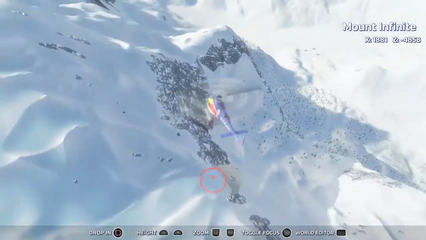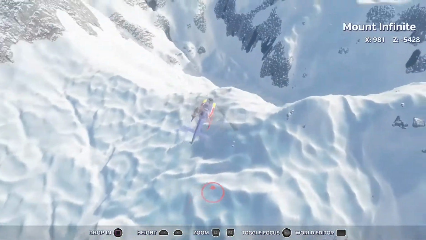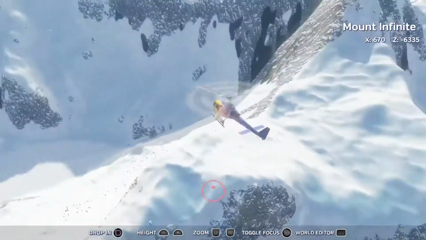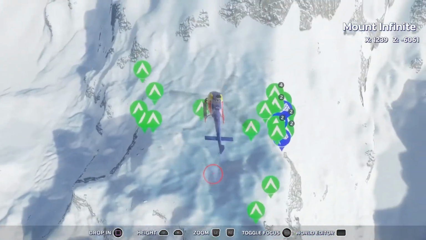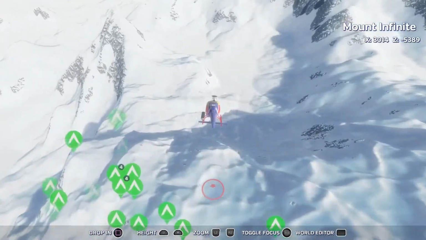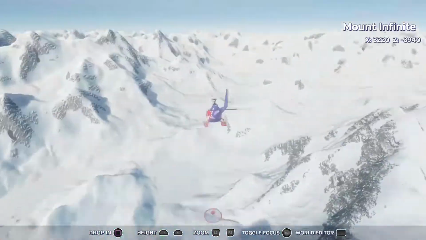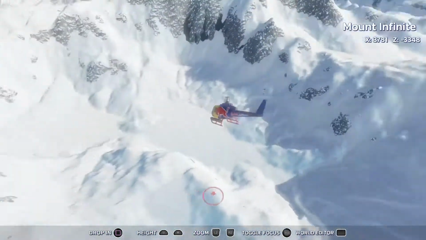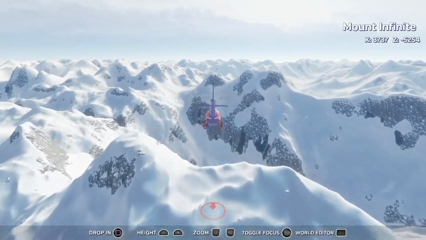So here we are in the helicopter, and this is one of the main opening mountains, Mount Infinite. And you can see all those little emblems off in the distance. Those are player created runs. And it's crazy how much content there is. And it's all free to play, no gimmicks. You get it with the game. And some of them are lame, some of them are really cool, like crazy cool with how much work some